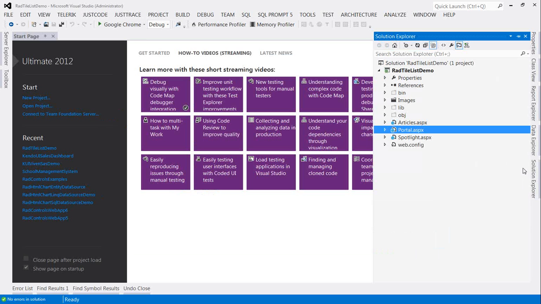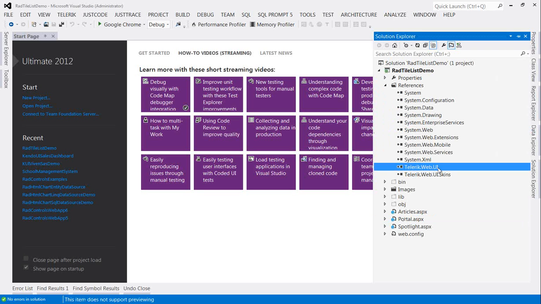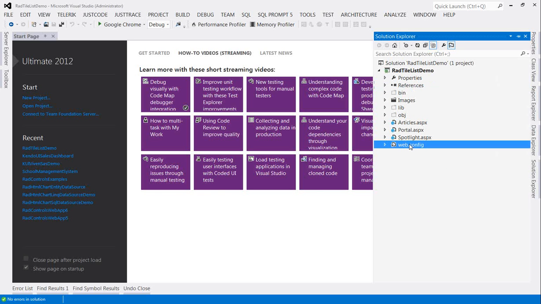When you create a project like this, it goes ahead and wires up all the things that we require. Basically, we need telerik.web.ui.dll, telerik.web.ui.skins.dll, and then if you look at the web.config,